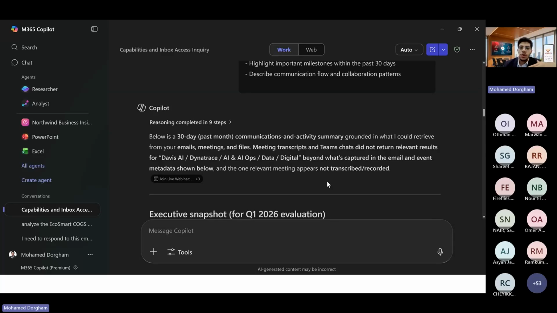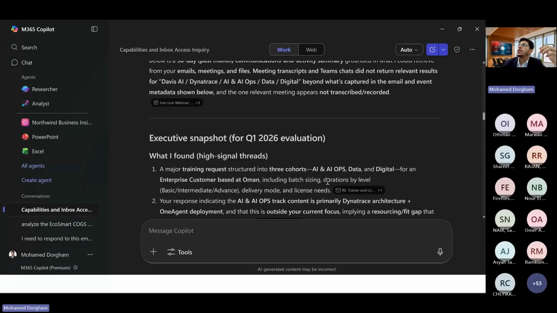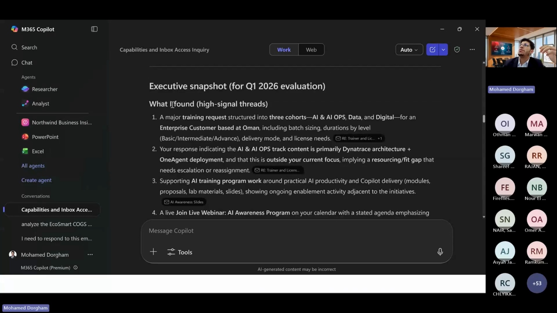So I will go quickly through it because Copilot will start to give me information about the project I've been working on. So here we got a lot of stuff. So we got here what I found.